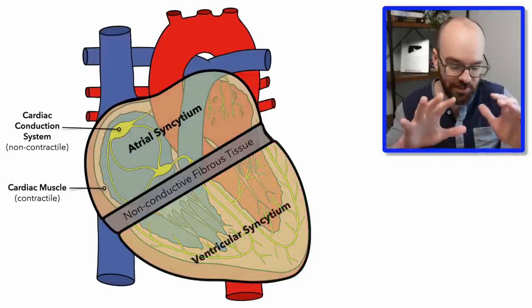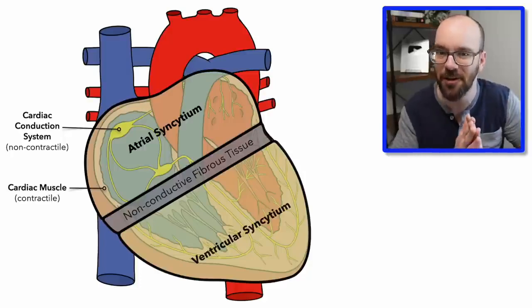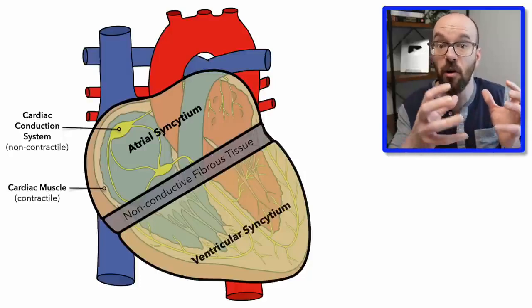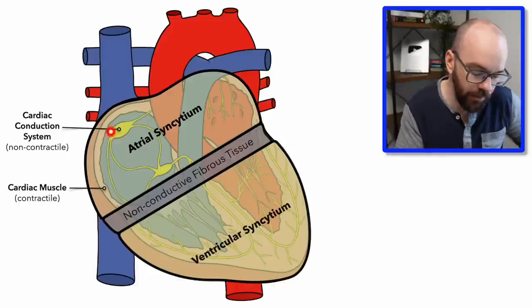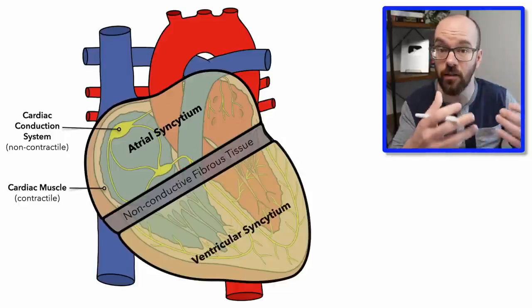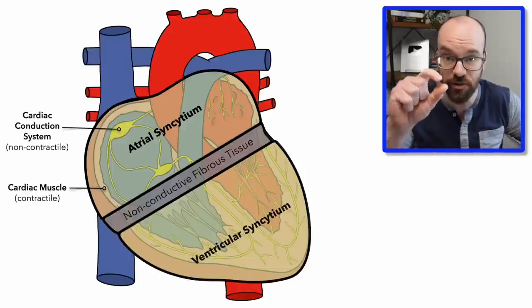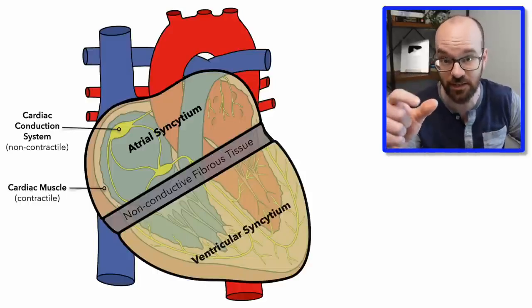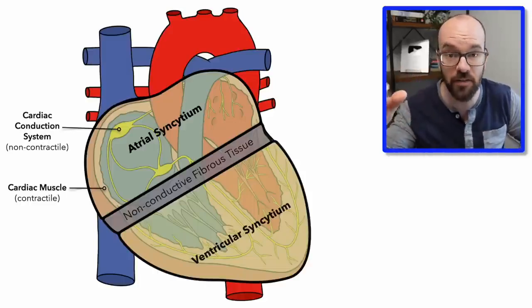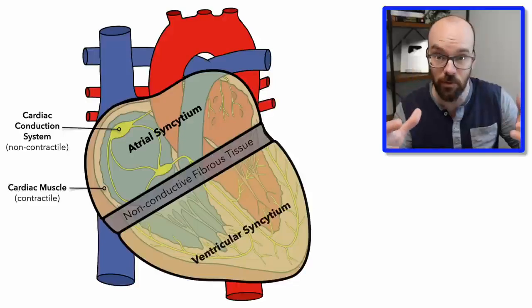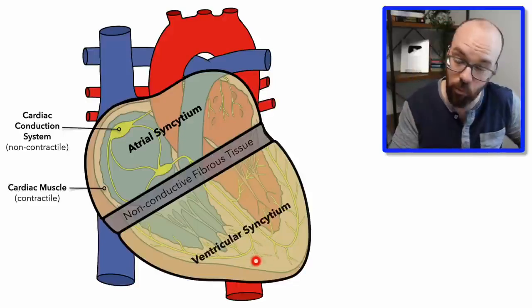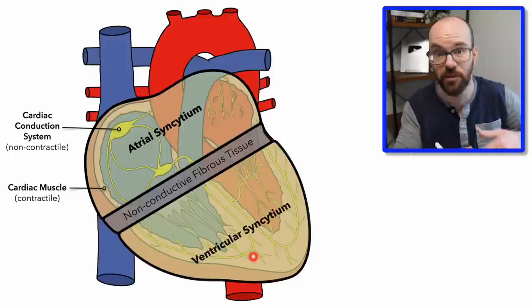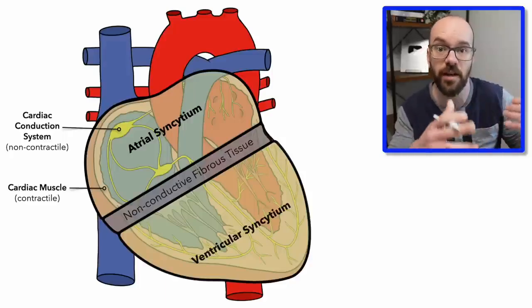A syncytium is just a big, sort of hard to pronounce word that means a group of cells that are all electrically connected to each other. So all of the cardiac muscle in this atrial syncytium are connected electrically, meaning that if one of the cells depolarizes, it depolarizes the next cardiac muscle cell, and that depolarizes the next one. And eventually they'll all be depolarized because they're all electrically connected. Same thing in the ventricular syncytium. When one of those cells depolarizes, that'll depolarize the next cell and the next cell and the next cell until